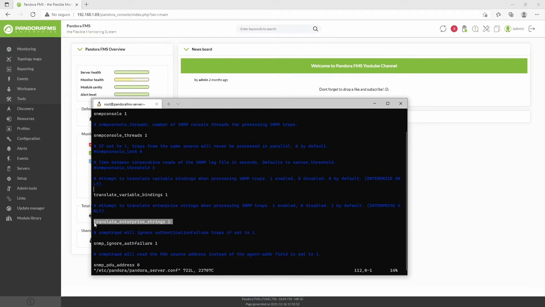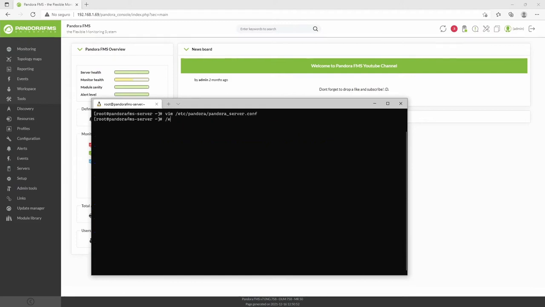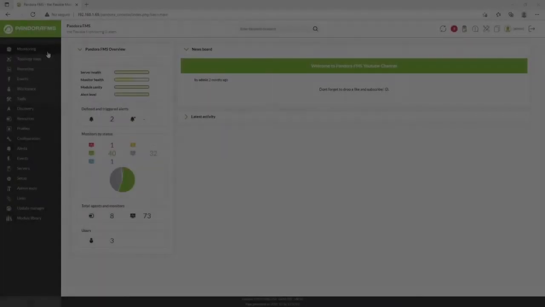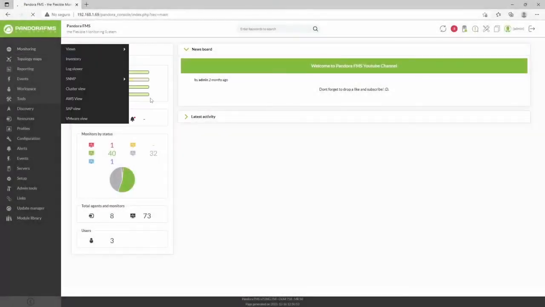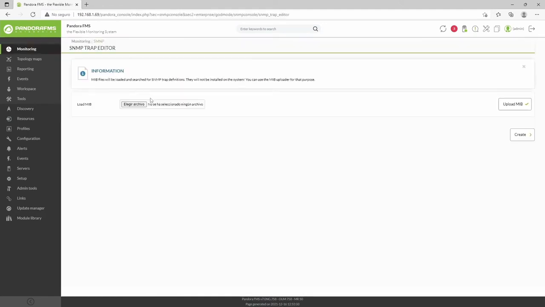If you want to upload more additional MIBs to translate the TRAPS you receive, scroll down to the tab editor and drag the file you downloaded. In addition to being able to upload these MIBs, you may create them manually in the same section. Just click the button to create and complete the fields you have here, so that the OID is translated into